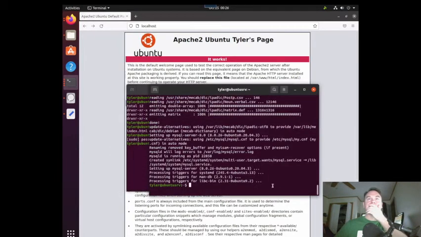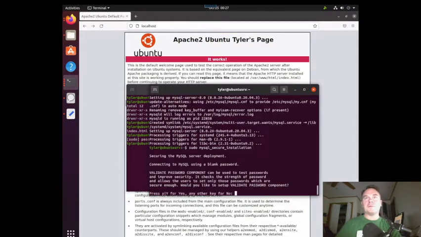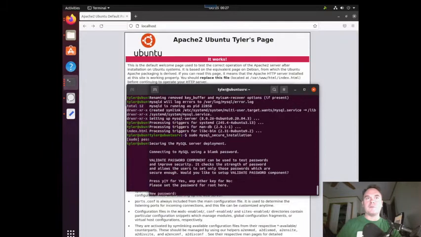Okay, so we installed MySQL, right? Yes. Okay, so now we need to run sudo mysql_secure_installation. Yeah, the first thing we want to do is lock it down. I'm just going to enter. The new password will be